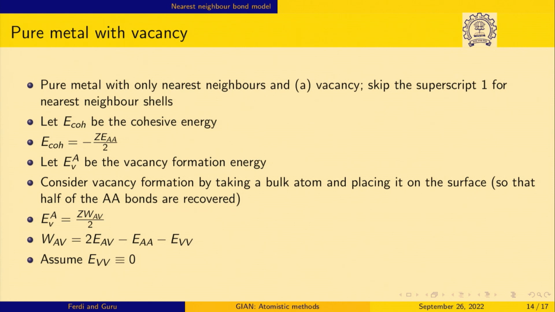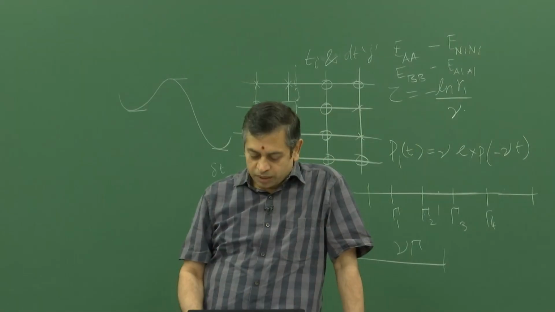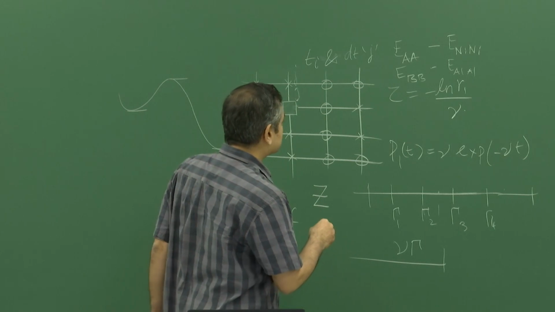Forget cohesive energy; cohesive energy is Z by 2 just multiplying bond energy. So, what is the order of bond energy? Electron volts, right. So, you will have these energies in electron volts, but you remember in all your algorithms the